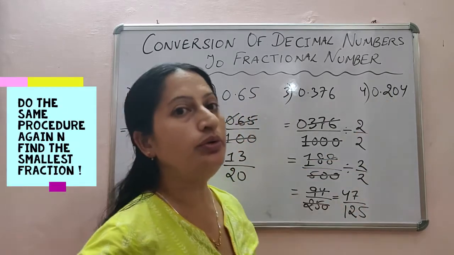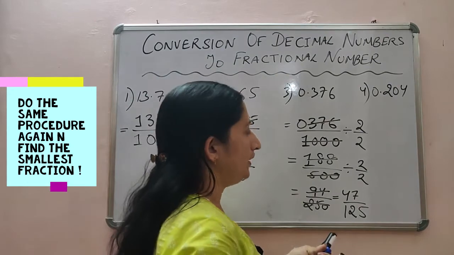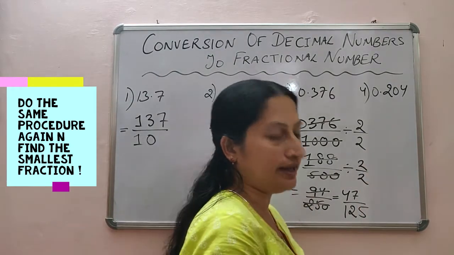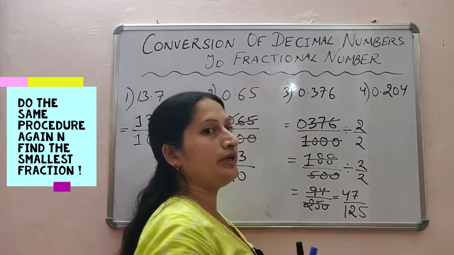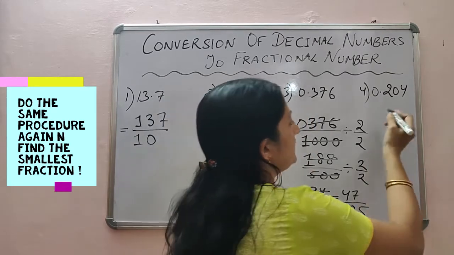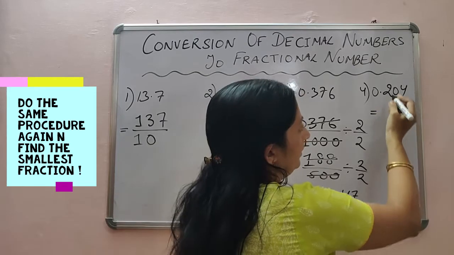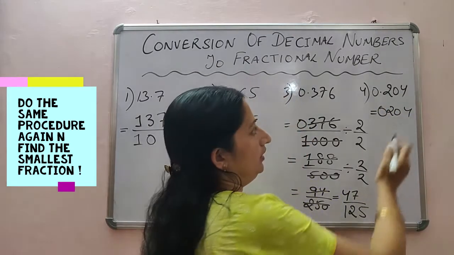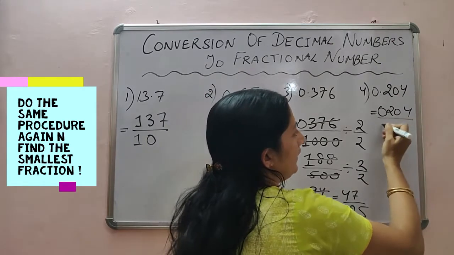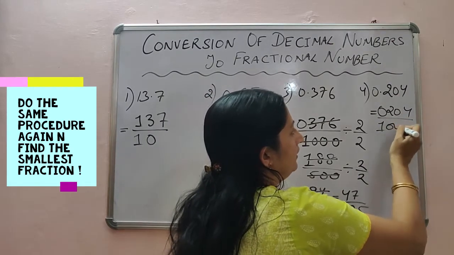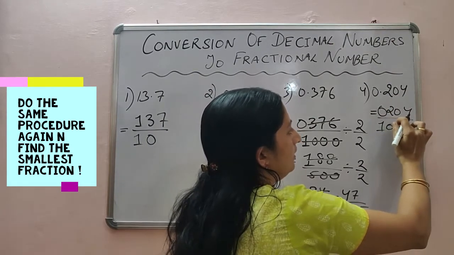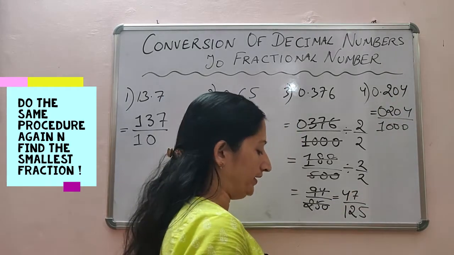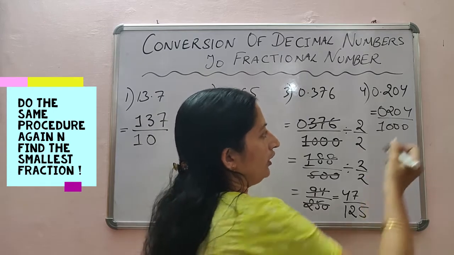Now let's go to the next number. As space is also very less, I think you can understand. Okay, let me do this and I'll give you some homework also. So here you will write 0204, that is these 4 numbers divided by 1, and 3 zeros because I have got 3 numbers just after the decimal point. Now let me see what I'll get.